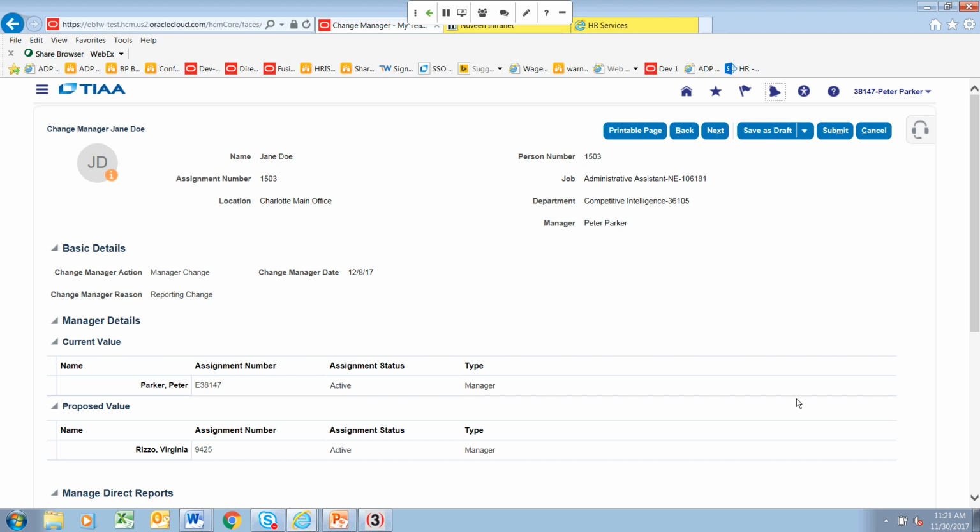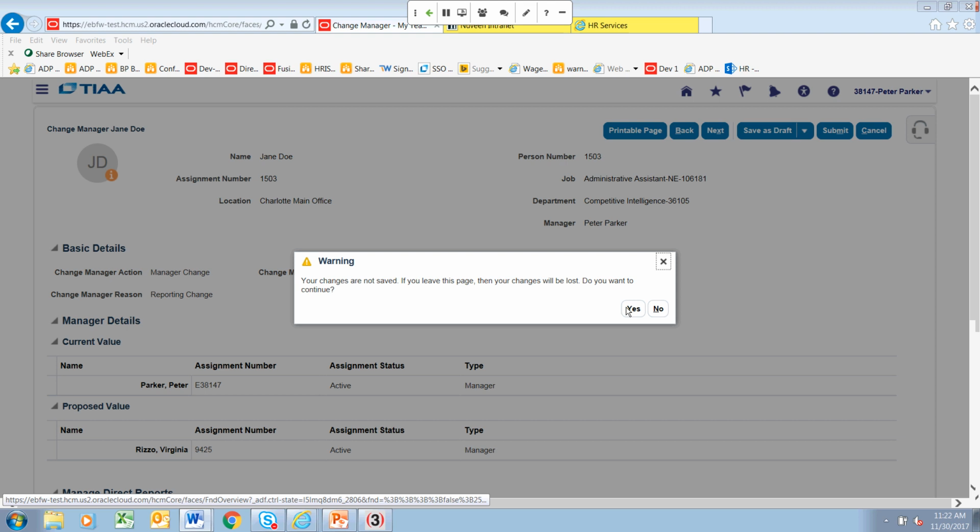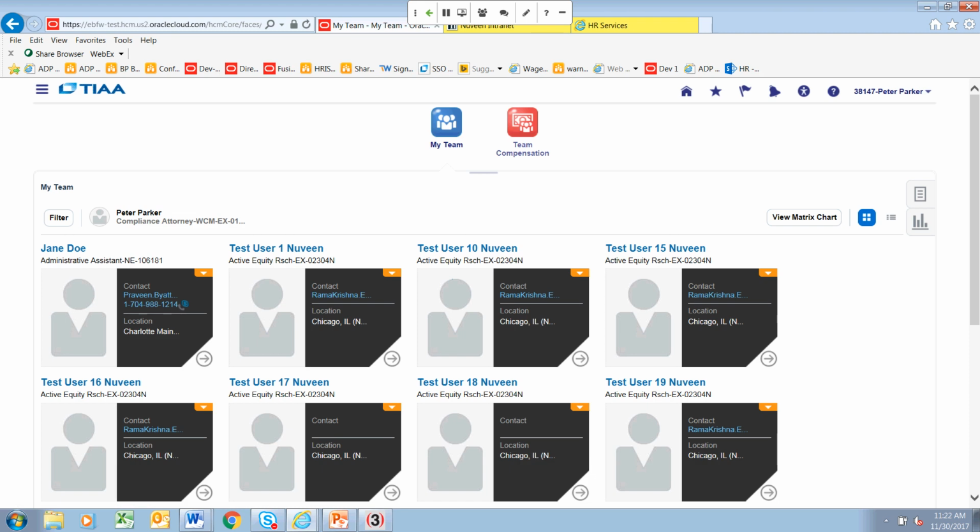So let me go ahead and move over to the transfer transaction. Now the transfer function should be used if you have multiple changes to make on your direct report. So for example, if their job is changing, manager is changing, budget code is changing, all that can be accomplished by using the transfer functionality in core.